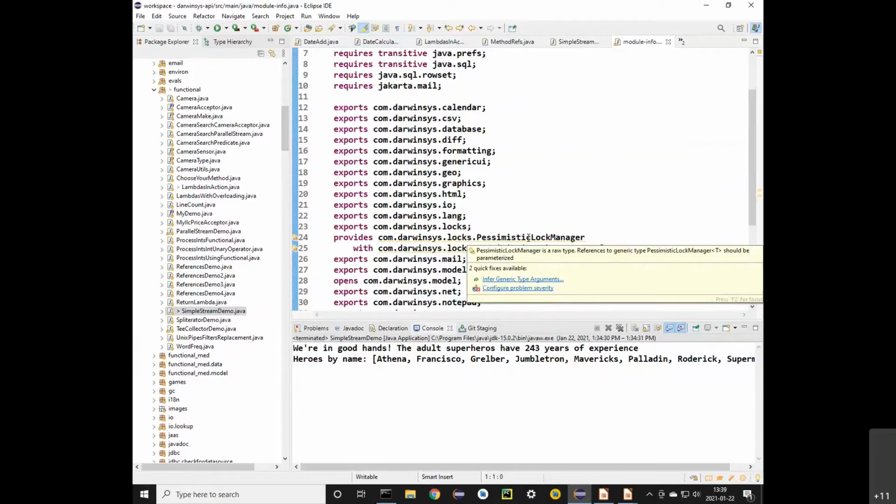If you're not using the module system, but you're using a version of Java 9 or later, then what will happen is it will just put everything by default onto the module path, all your jar files and so on, using the same names that the file names have by default. So anyway,